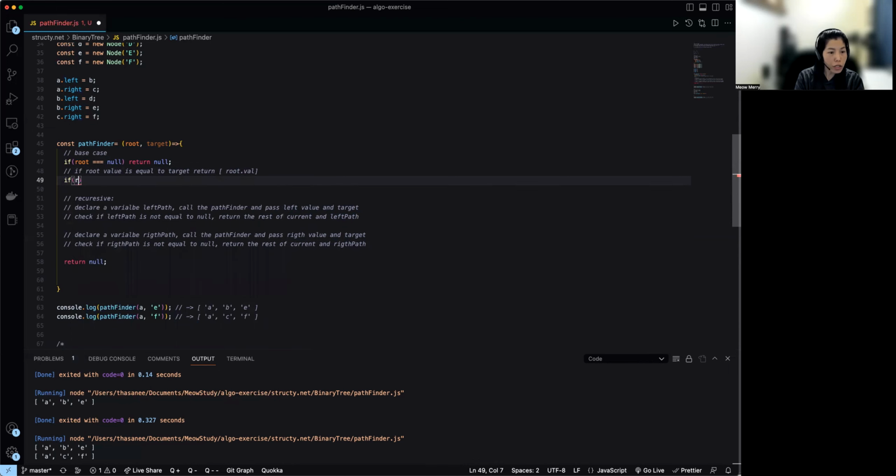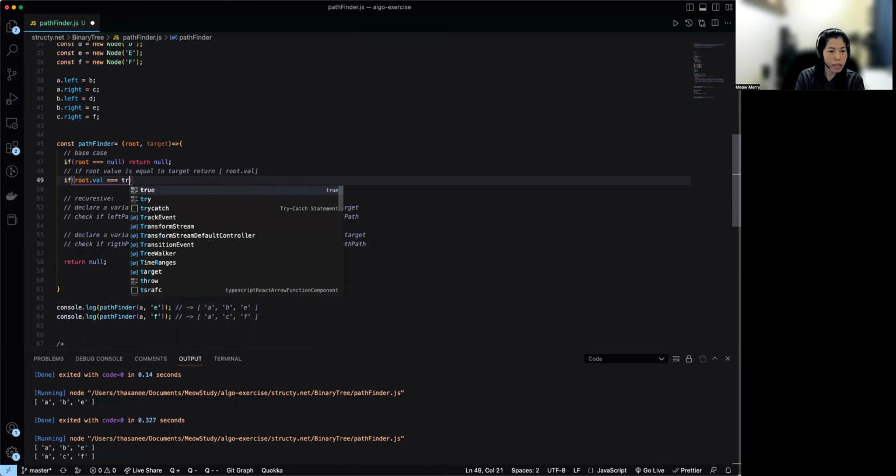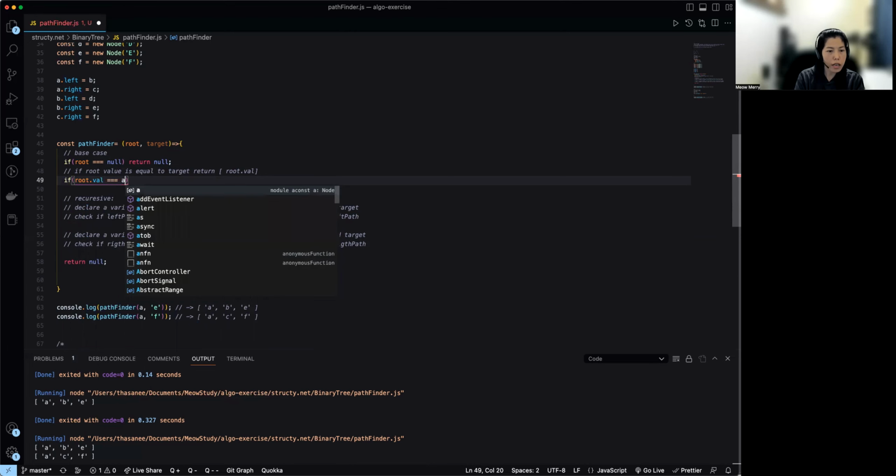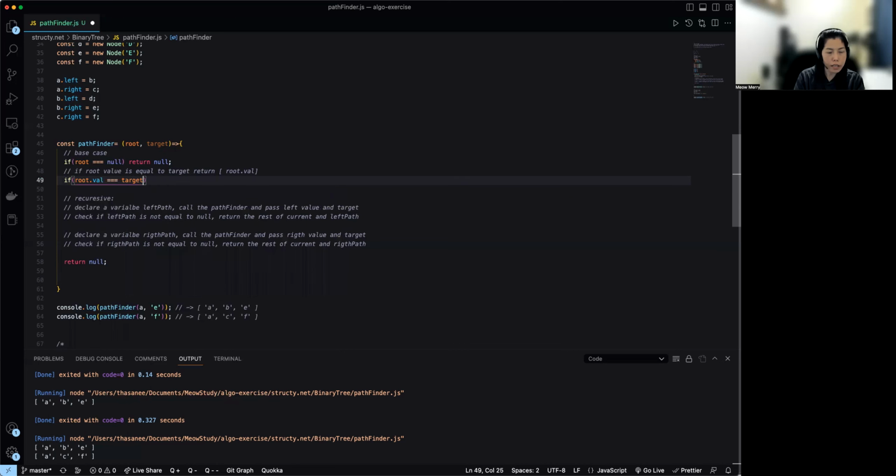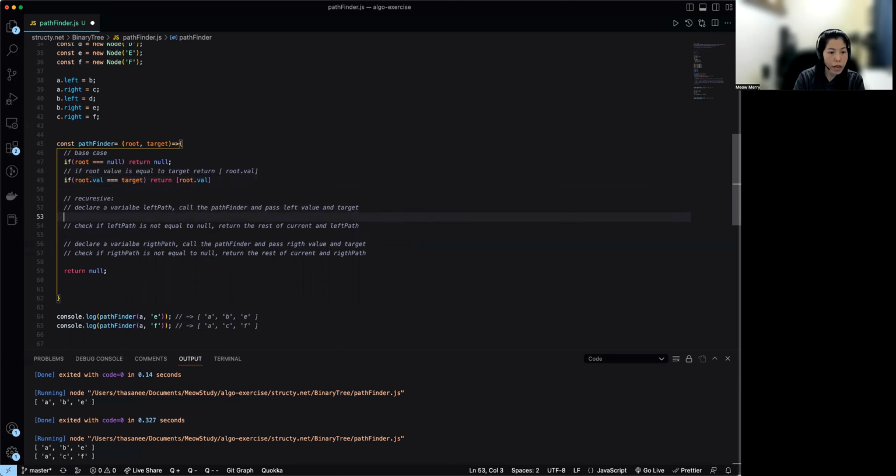Okay, if the root value is equal to the target, that's what we're going to return: root dot value. That's what we return, just the one value, if we pass only one node and we meet with the first one. Okay, first, the root. Here, as I said, I'm going to declare left